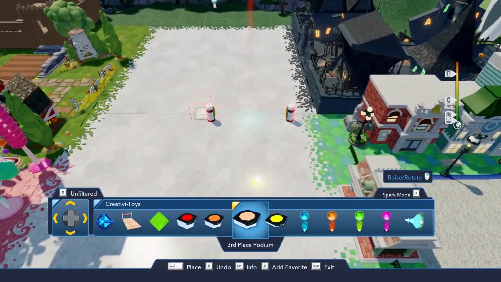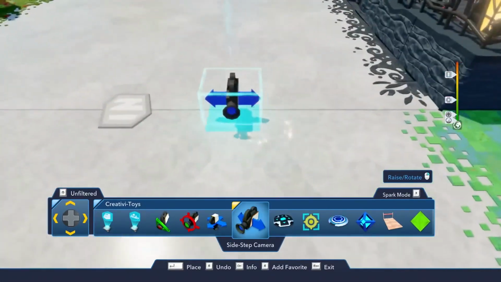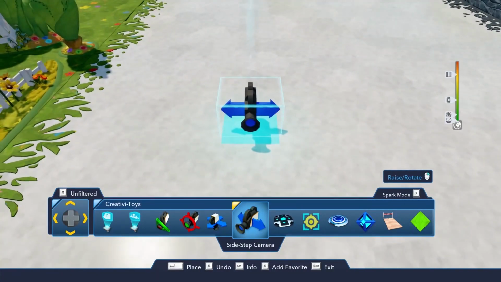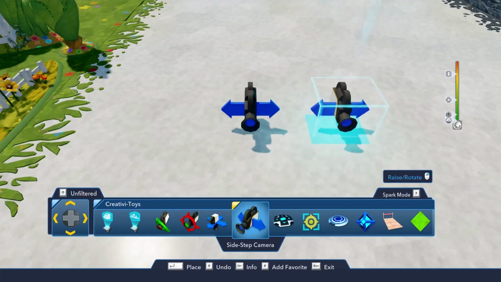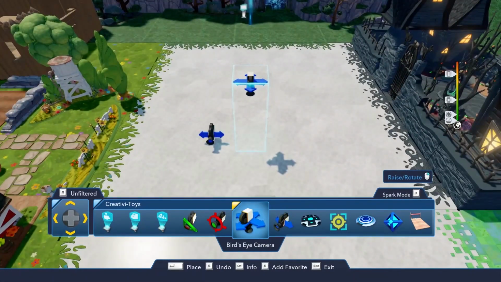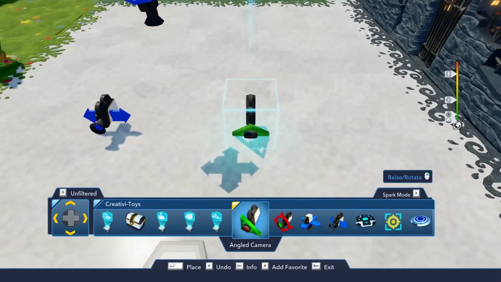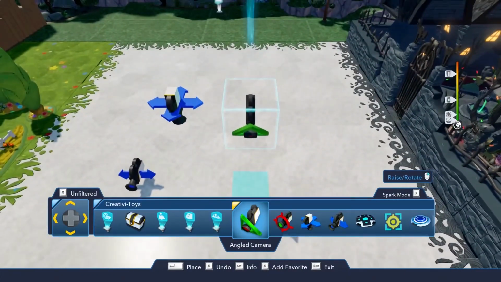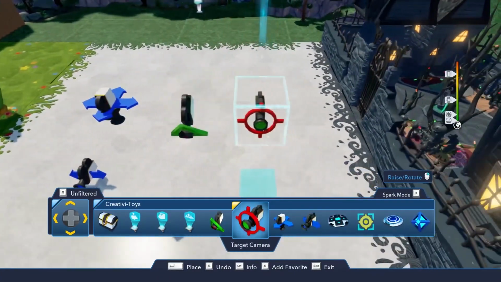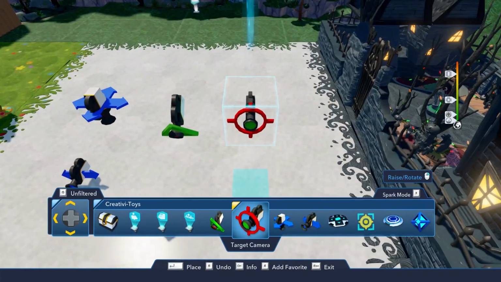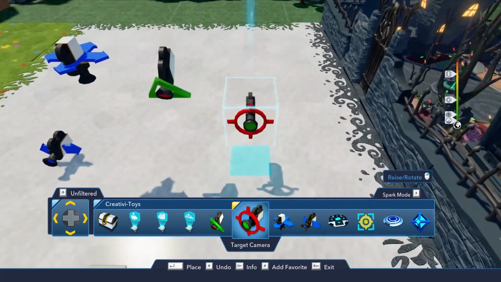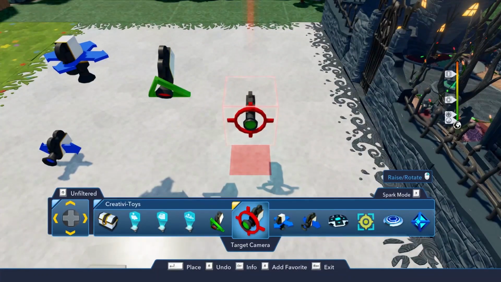And there are 4 main cameras you can use in the game. There's the sidestep camera, which is more for like a 2D platformer perspective, not unlike the one used on the Inside Out playset. Then we have the bird's eye camera, which is more of a top-down perspective. Then we have the angle camera, which is more an isometric perspective, like the one used on the Toy Box Takeover expansion game. And finally, we have the target camera, which will go onto any actor that you tell it to. So it can follow players, or it can even follow something else in case that you want to make